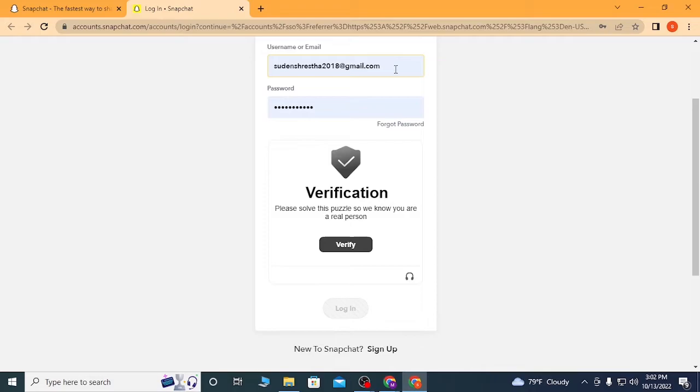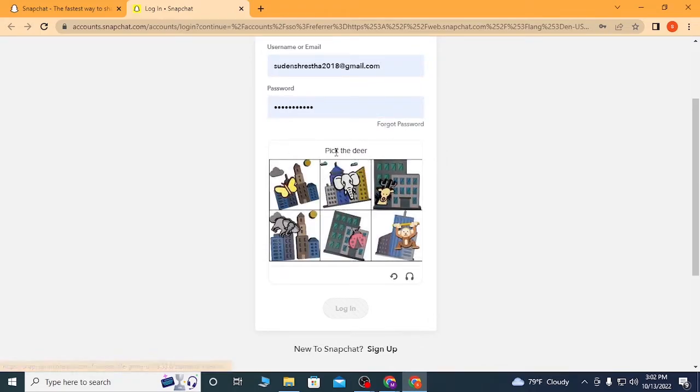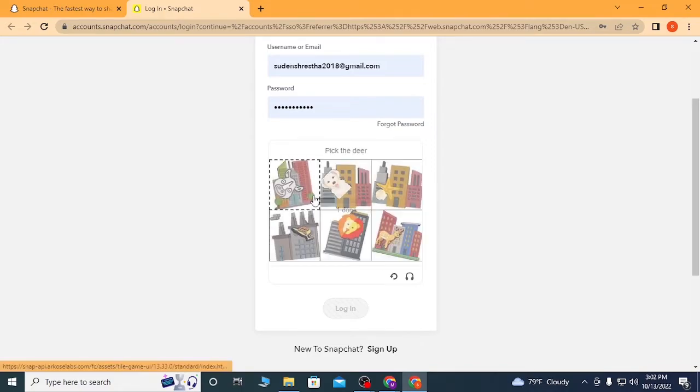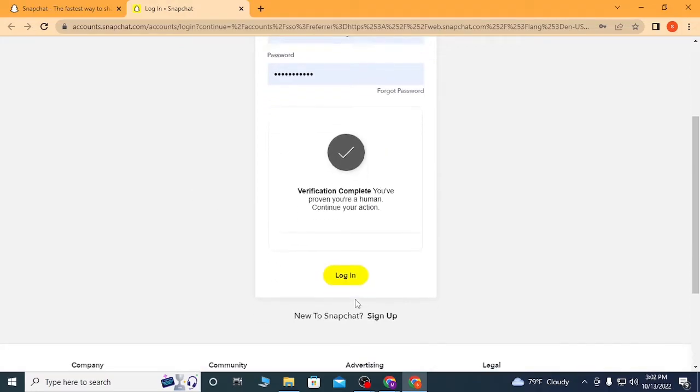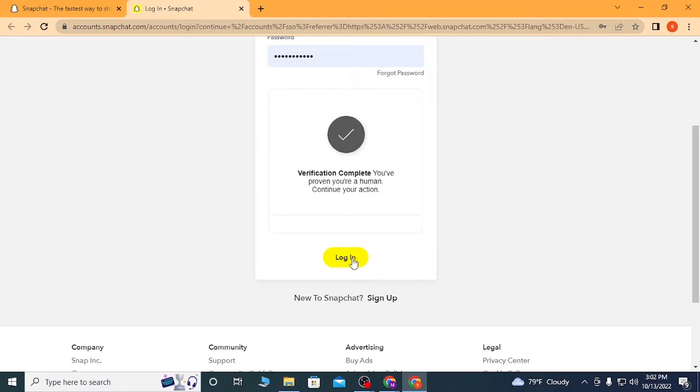Now with that being said, after entering your email and your username, let's click on verify, and you can see this is the verification for us to prove we are human. And again, and the login button should be available to us, and it is. Let's click on it,